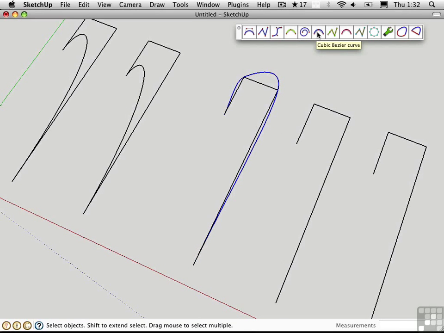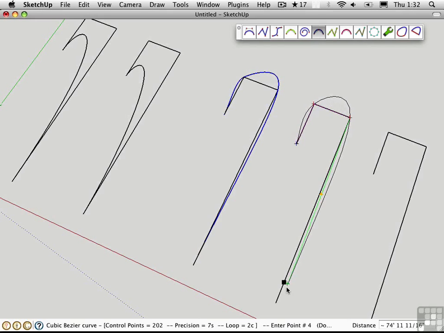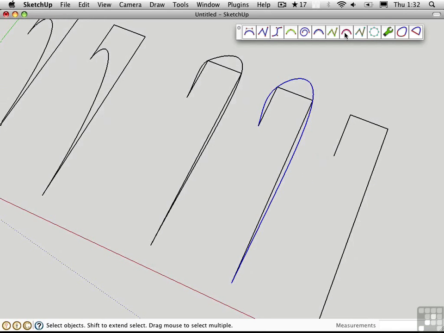This is the cubic Bezier curve, and it has a slightly different shape. It's a little bit larger in its curvature as compared to the Catmull ROM. I'll set its precision at 14S, and it makes it a little bit more curved. The F-spline has the largest bulge of these three,